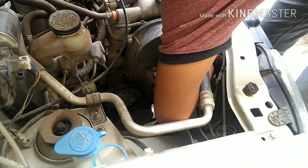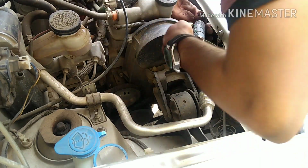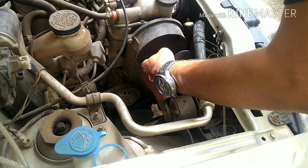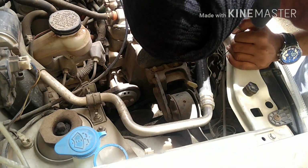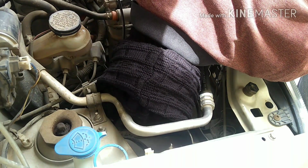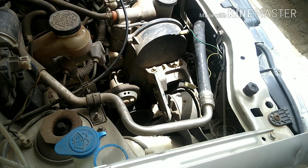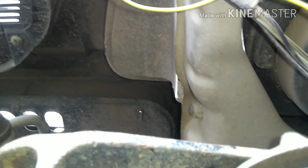Yes, I can fit the board. Visible. So you can see, guys, there is a lot more space. I'm gonna show you. So I'm gonna fit this over here. Both comes